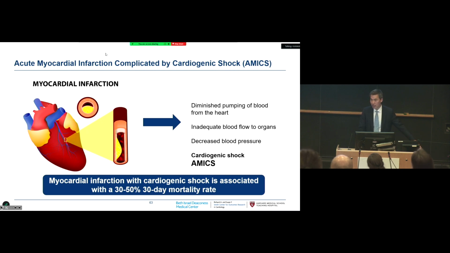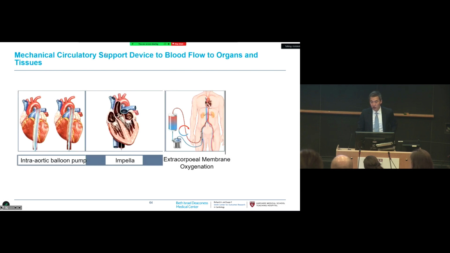30 to 50% mortality rate at 30 days, probably more like 50, and no real improvements in this over the long term. Dan showed you that we have an assortment of different devices for how we treat these patients. I treat these patients when I see them in the emergency setting, and sometimes we use these devices, and one of those devices we talked about is the Impella device, that device in the middle, which is basically a heart pump. You put it in through the groin artery, it pumps blood from the ventricle to the aorta.